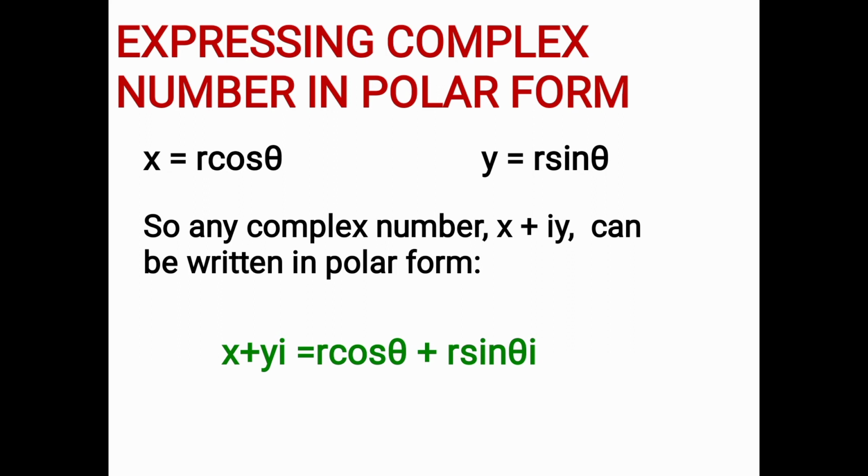Later on we will use this formula only, instead of doing the calculation like earlier. That is, x equals r cos theta and y equals r sin theta. Theta is the angle made by the complex number with the abscissa, meaning the x-axis. Now, x and r: again, r equals root over x square plus y square.